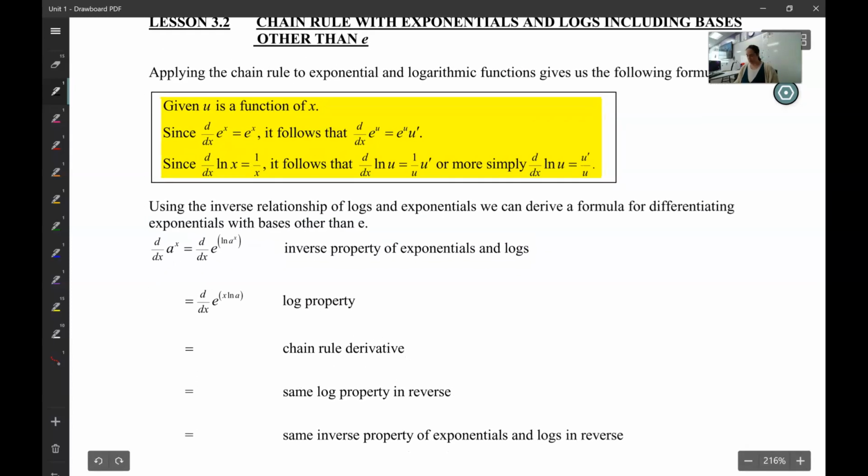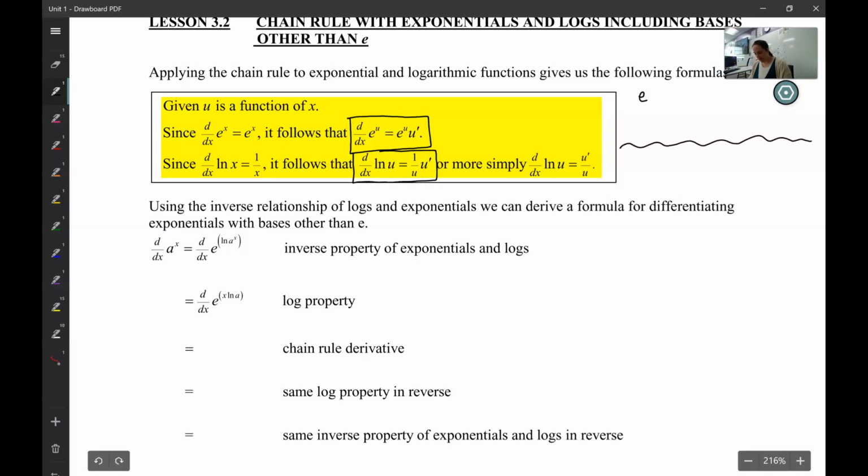But before we do so, we need to understand first that the chain rule that we learned in the last lesson also works with ln and exponential, the mommy and the baby. So let's do a couple examples right here. Let's say I have e to the x squared plus 2x. I could do the chain rule with this, where the derivative of the mommy would be e to the u, and the derivative of e to the u would just be e to the u, just like we said up here,